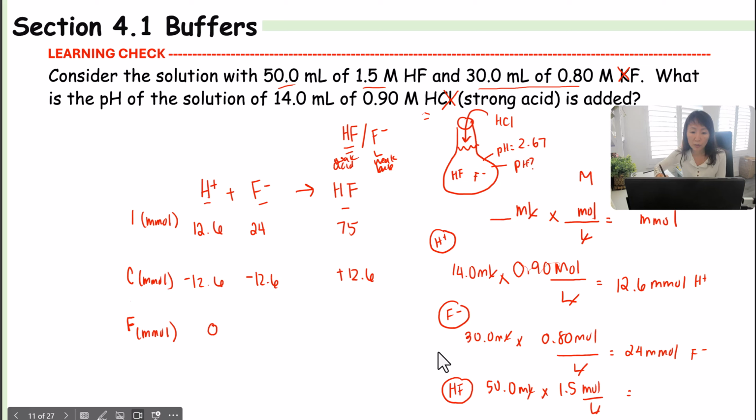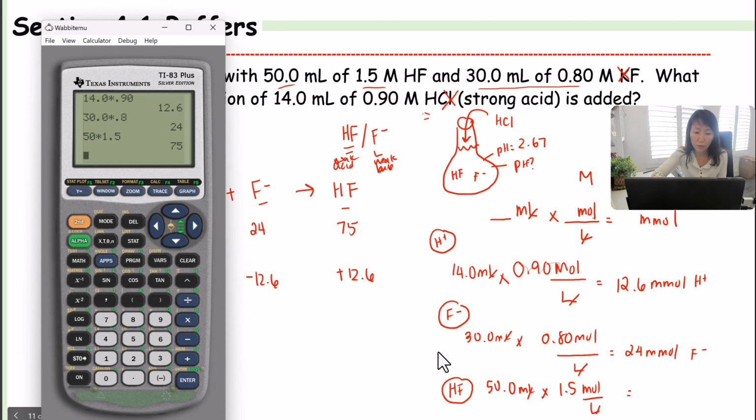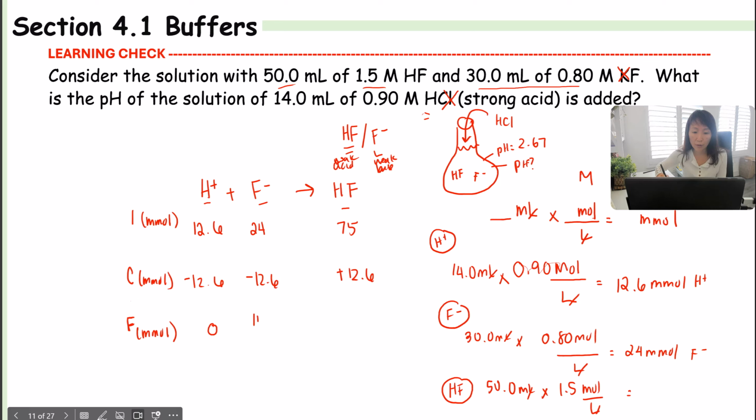For here, 24 minus the 12.6, you get 11.4. These are all millimoles. And if I were to add the top here, this would be 87.6 millimoles. Okay, so now that we have this so far, we're going to go ahead and calculate the